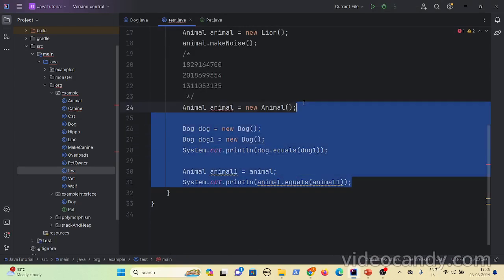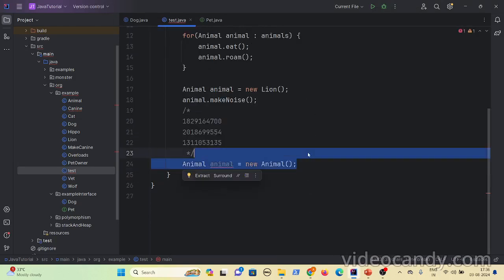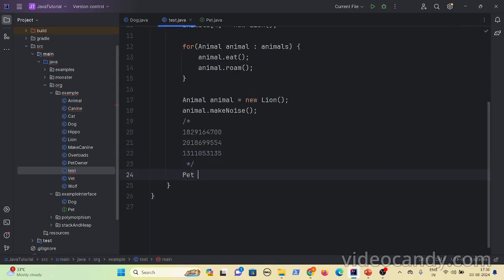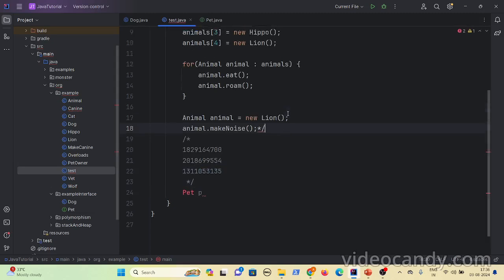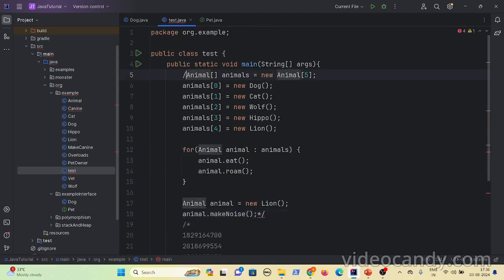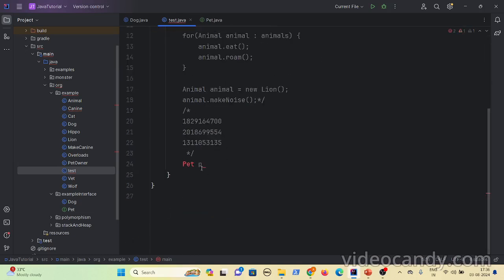Let me remove all this and then try adding that. Let's say I add Pet, and I'll comment all these. Pet array, pets, and then new Pet of, let me add 2 as the size. For Pet, it will import it.